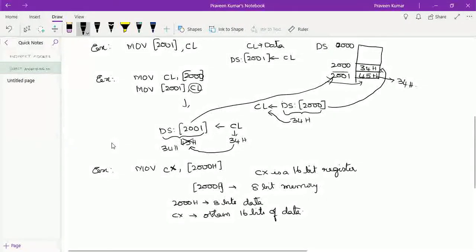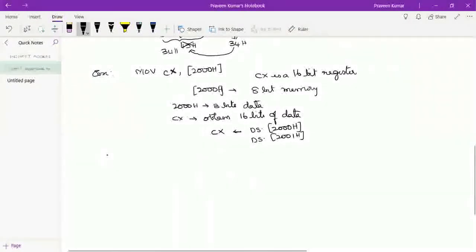It gets the 16 bits not from one location, but from two locations. That is, CX will get data from DS of 2000H location and DS of 2001H location. That implies it gets two different things.